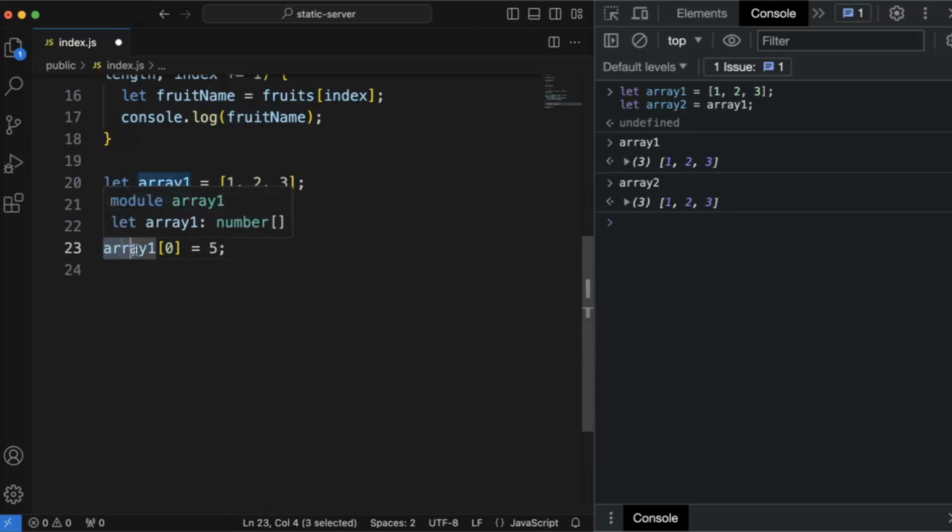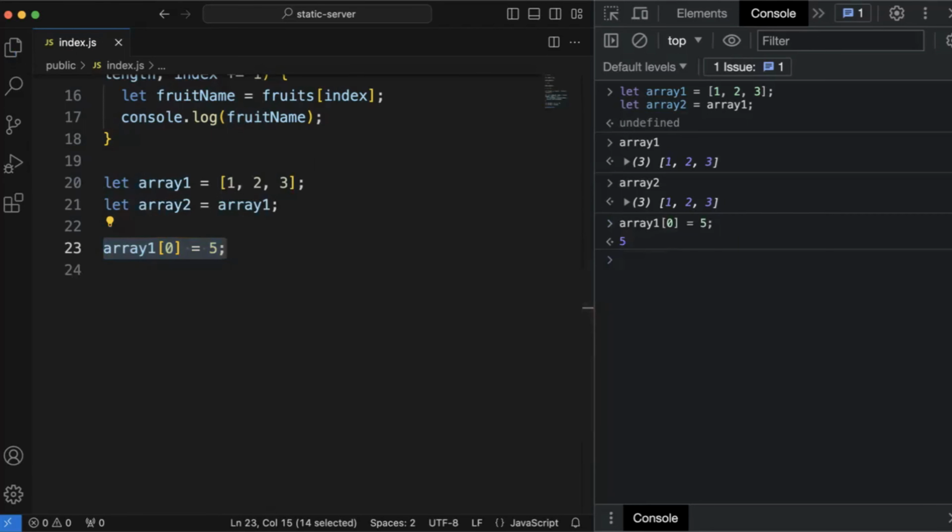If you print array 1, you see the 0th index value 1 is updated to 5, and then 2, 3. But if you print array 2, the array 2 value also updated with the latest value